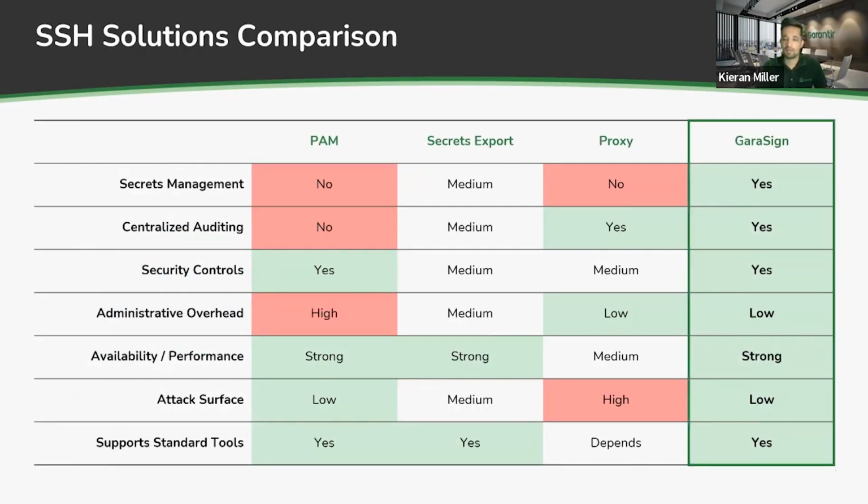So ultimately, when you compare the different approaches, lo and behold, of course, our solution we give all the green check marks to, but there's a reason for that. We're not just trying to pick features to highlight. We were actually looking for a solution for ourselves, for our own internal use, and we didn't like what was out there. And that's why we came up with this approach of controlling SSH, and then found out that it's applicable to a lot of other use cases.